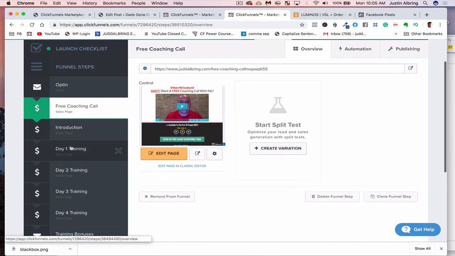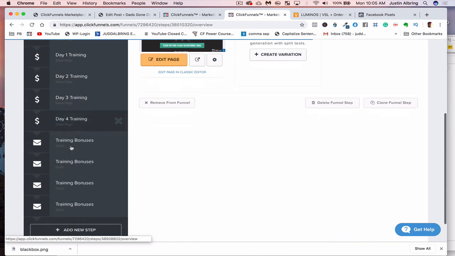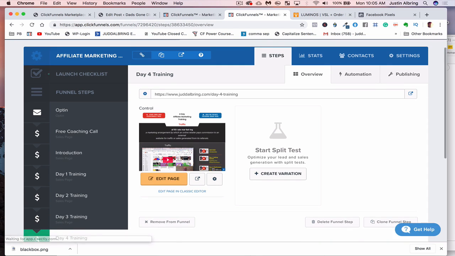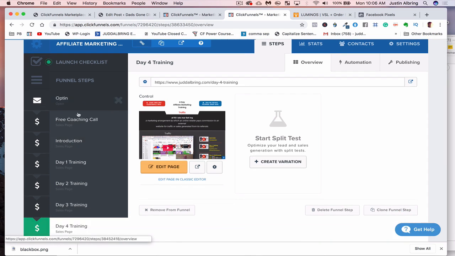Now, if I'm doing a purchase, I would have to go all the way, depending on where your funnel is, to after I know they've made a purchase. So let's say day 4, I don't think I have a purchase in this funnel, but let's say this is the opt-in, this is the lead, and then I have an upsell here. And if they buy it, this would be the checkout. So I would go to the final checkout page, whatever that is in your funnel,